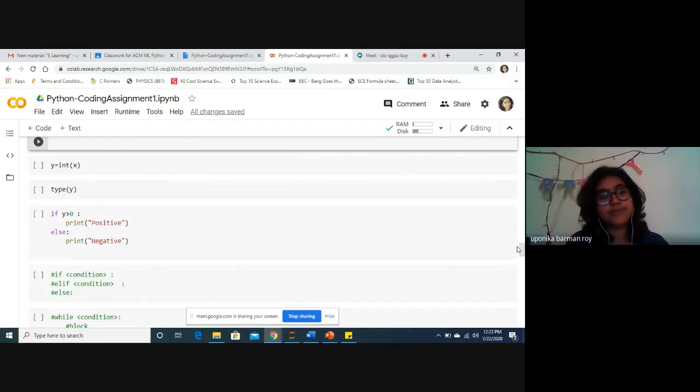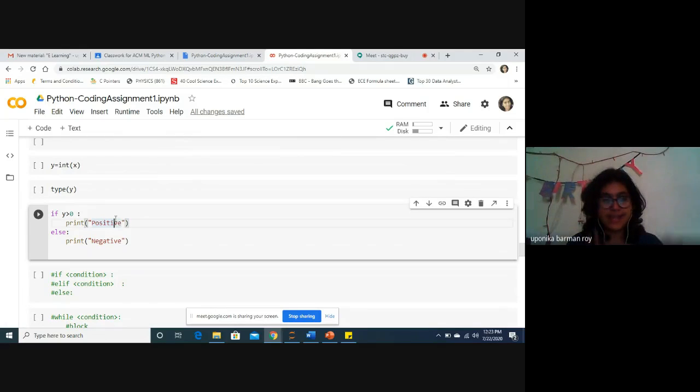And so if x is greater than 0, then I will print it as positive. Else, so we will come into a ladder structure of if and else. In if and else, if some condition is satisfied, it will do some operation, else it will do another set of operations.